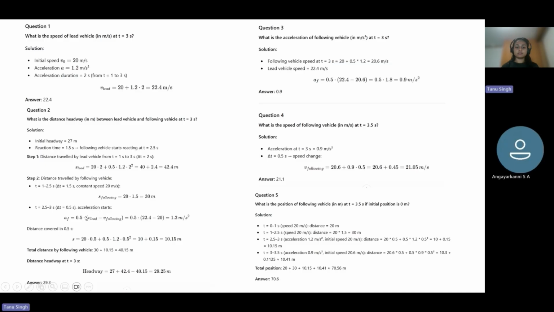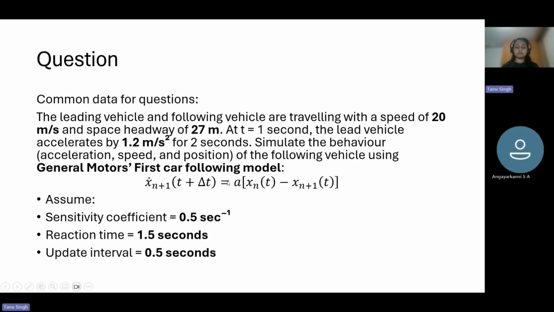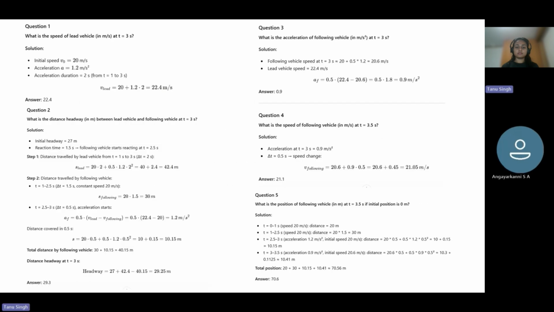The acceleration, using the General Motors car following model, is alpha times the speed difference between the vehicles, where alpha is given as 0.5. So it will be 0.5 into 22.4, that was the leading vehicle speed, minus the following vehicle's 20, which is 1.2 meter per second square, and the distance covered in 0.5 second is